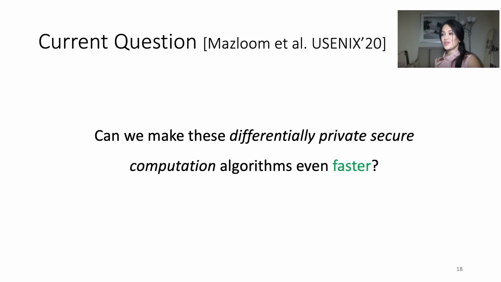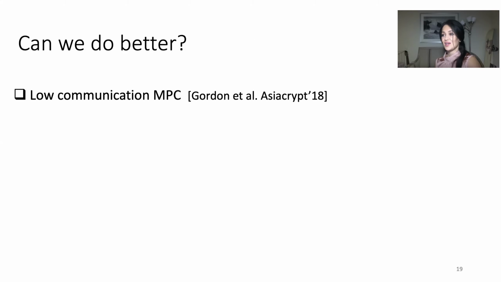In this follow-up work, we ask this question again: can we do better? Can we improve the performance of secure computations even further? Several results in secure computation have recently minimized the communication cost by restricting the number of computing servers to 3 or 4 servers, assuming security with honest majority. And when representing the computation as an arithmetic circuit over a ring, as we do here, the cheapest of these results, by Gordon et al., requires sending only 1.5 ring elements per party per circuit gate.